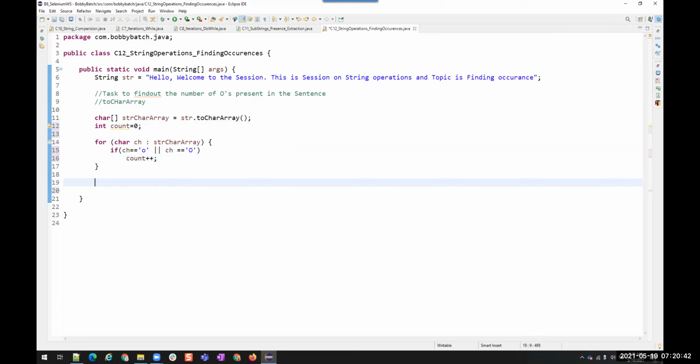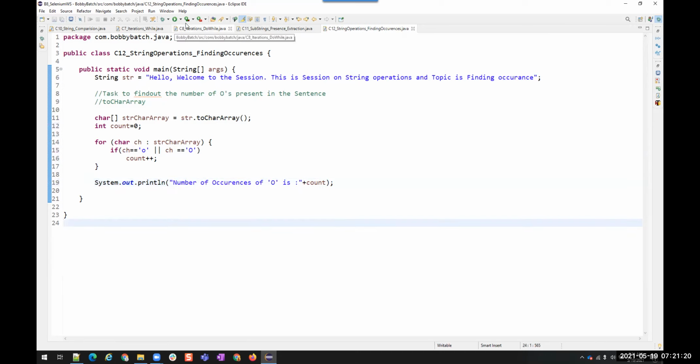Now at the end of this, I can print the count: number of O's is. Now if I run this, you'll see the count as 10.